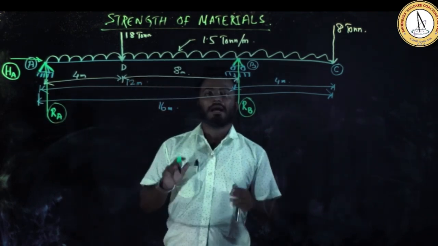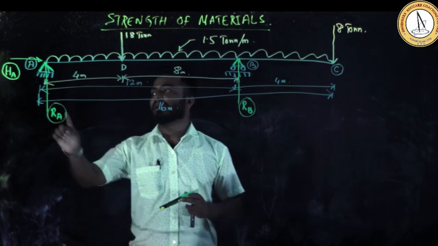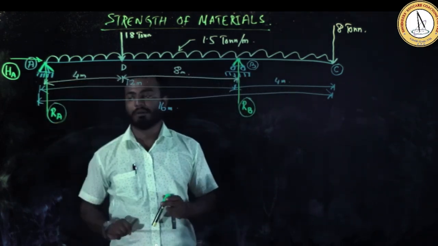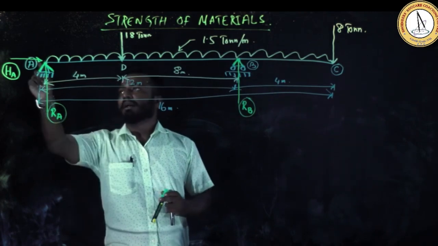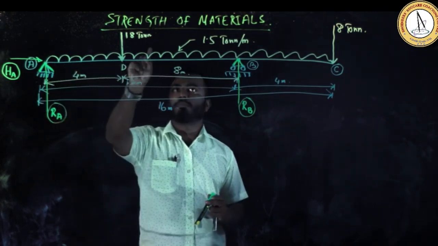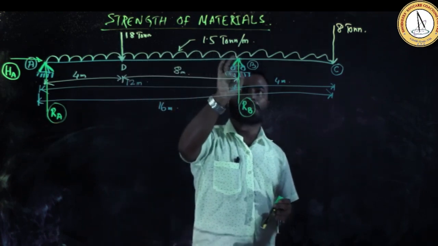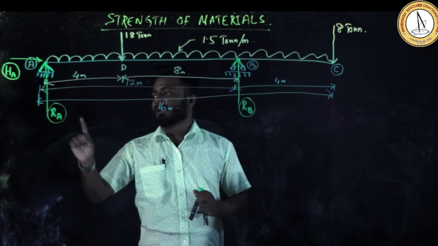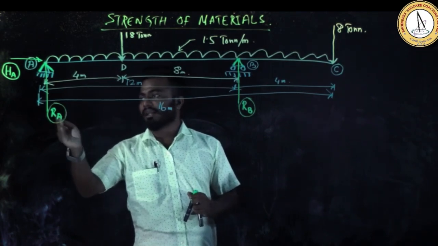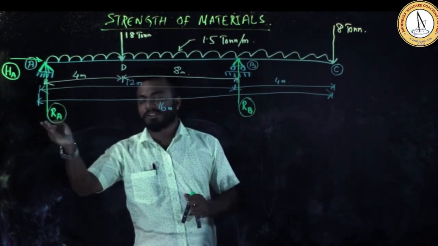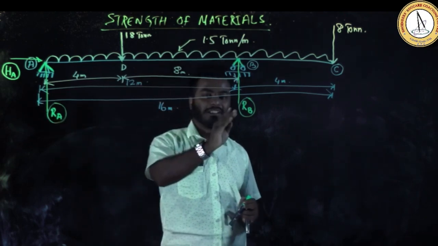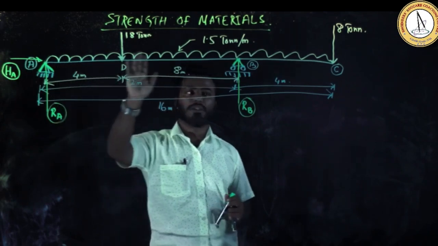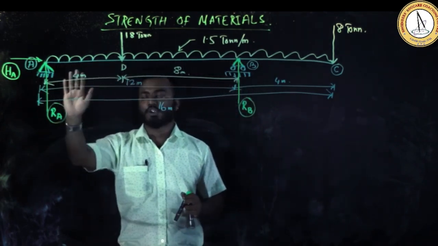So what was the first step? I have discussed that the first step is you need to draw the beam as per the problem. What was the second step? You need to give the proper loading in the proper position. These are the loadings. In the second step, I have also included the assumption of unknown forces by magnitude as well as by direction. So up to this it is already shown.